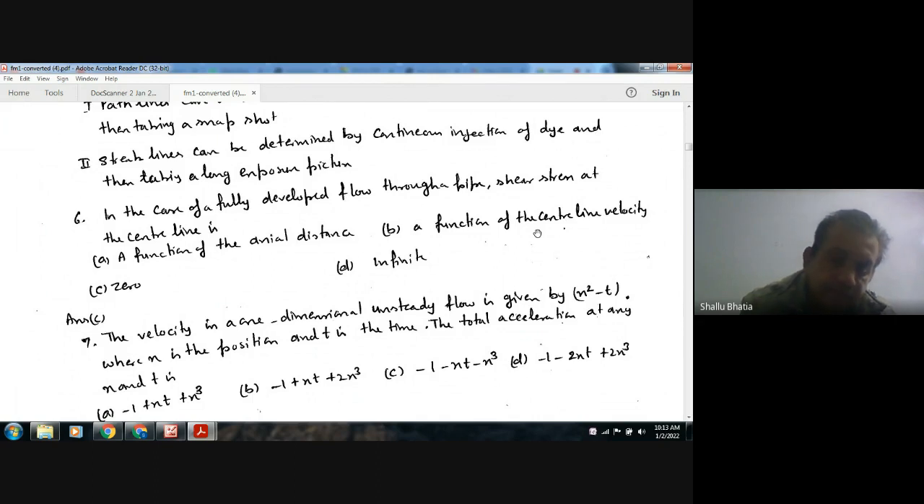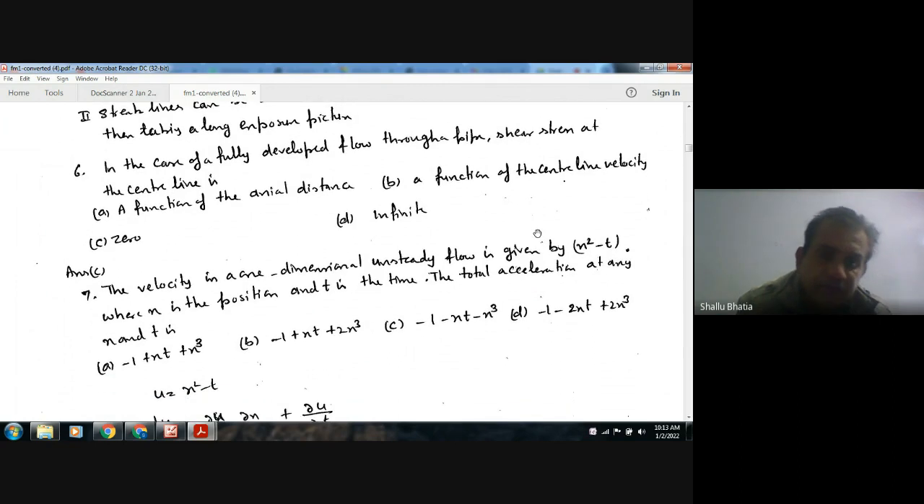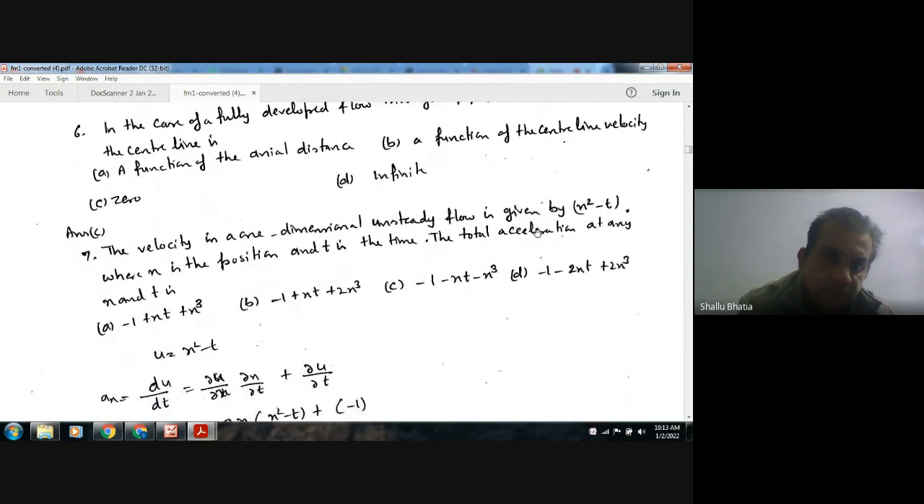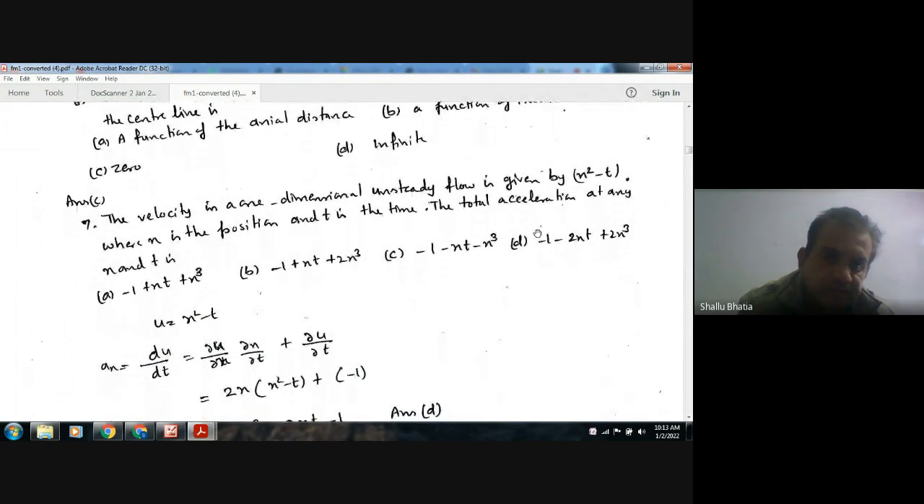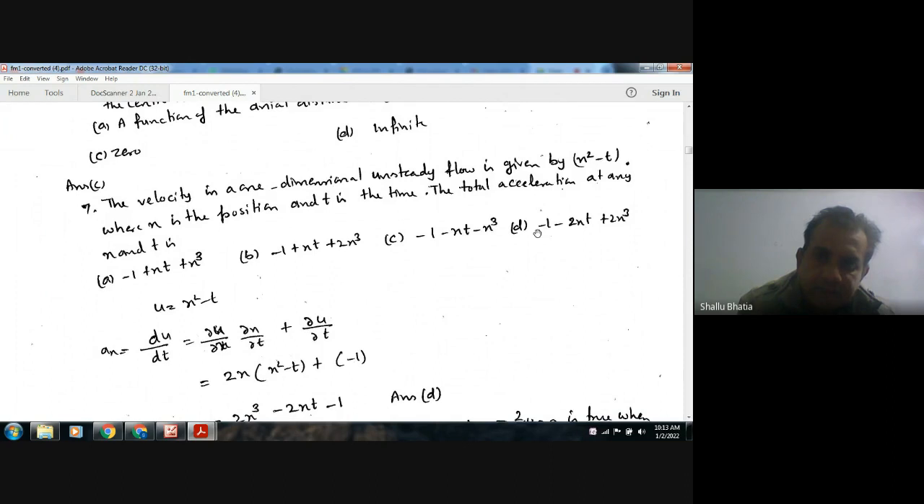When the flow is fully developed, the shear stress at the center is 0. Okay, and shear stress at the wall is maximum. Okay, and at the center it is zero when the flow is fully developed. Okay. Next, the velocity in one-dimensional unsteady flow is given by x square minus t, where x is the position